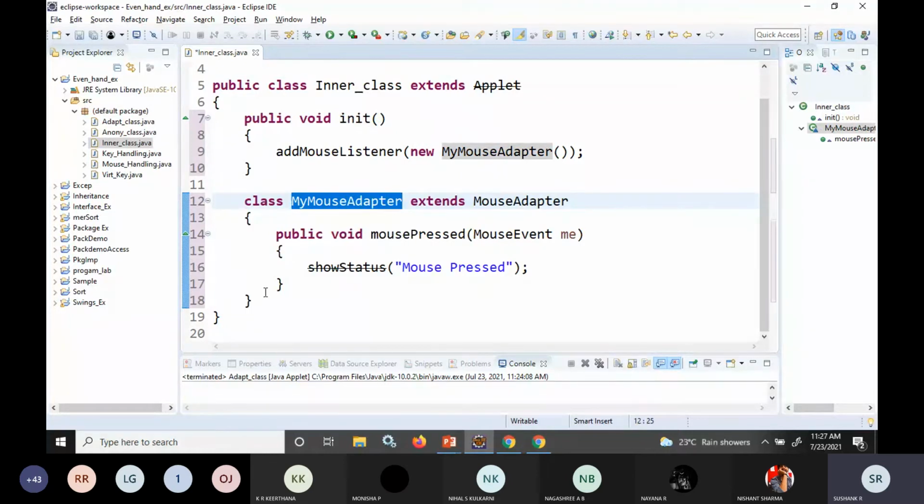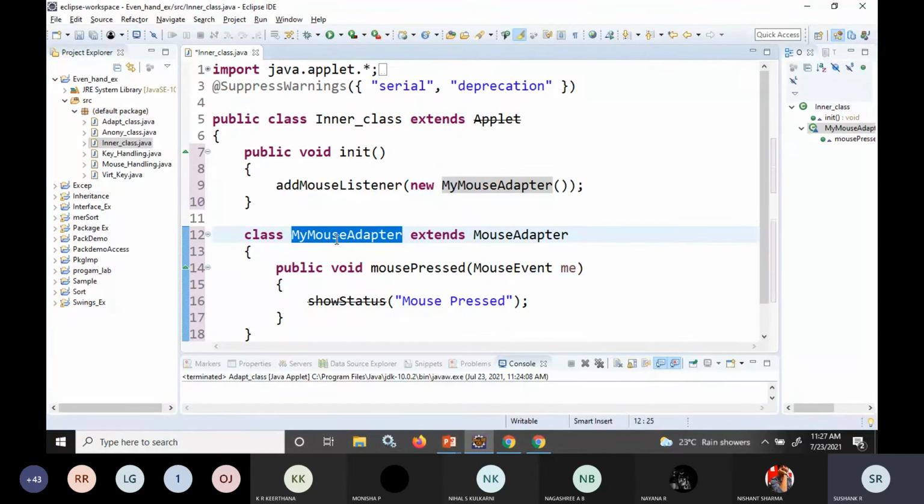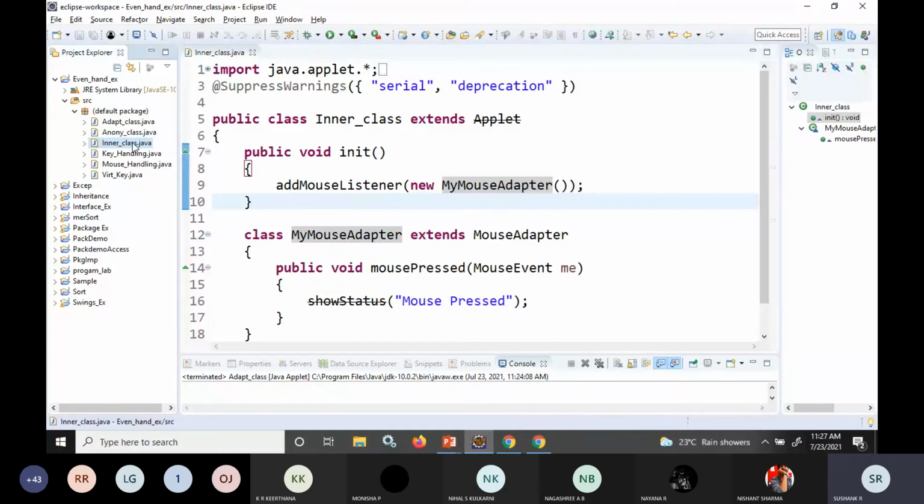So this is an example of an inner class, where one class is residing inside another class.